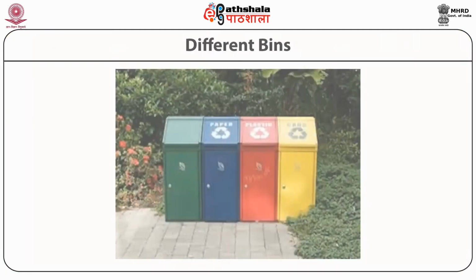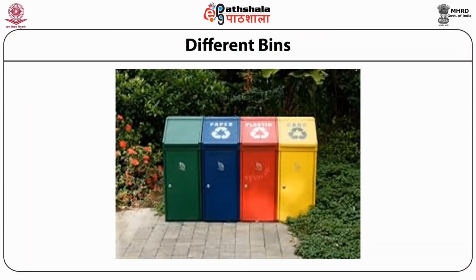And the next and the last in this can be reducing environmental impact of waste management. If you are able to manage the waste, you are going to reduce the damaging effect on the environment. The most practical way of doing this is using separate bins for different types of waste. These may be color coded as is being shown on the screen. This is done to ensure proper treatment of different types of waste, whether it is to be recycled, reused, or